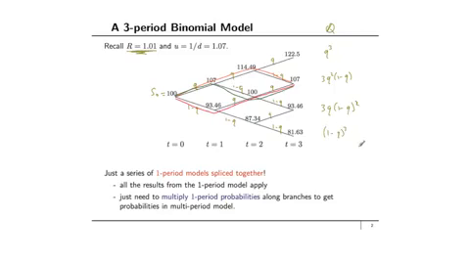Okay, so the binomial probabilities will say that the probability will be n choose r times q to the r times 1 minus q to the n minus r. In this case, n is equal to 3, and r is the number of up moves required. So if r equals 3, then we must have 3 up moves and we get q cubed. If r equals 1, then we have 3 choose 1 equals 3, and we get this number here, and so